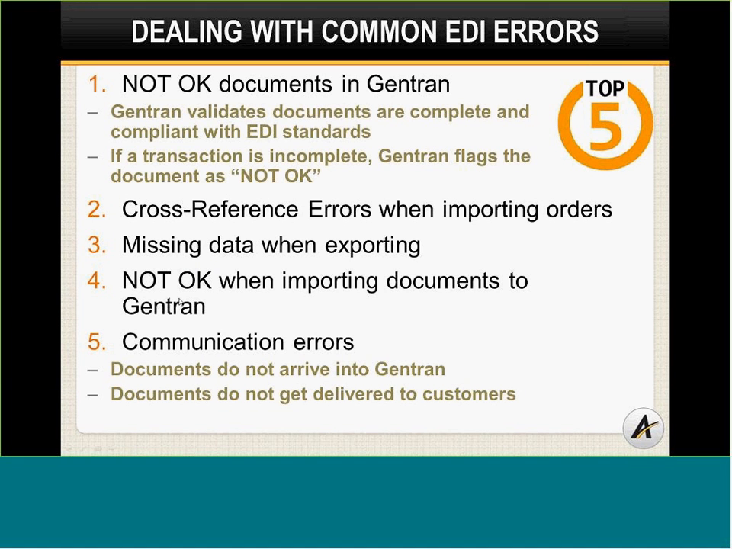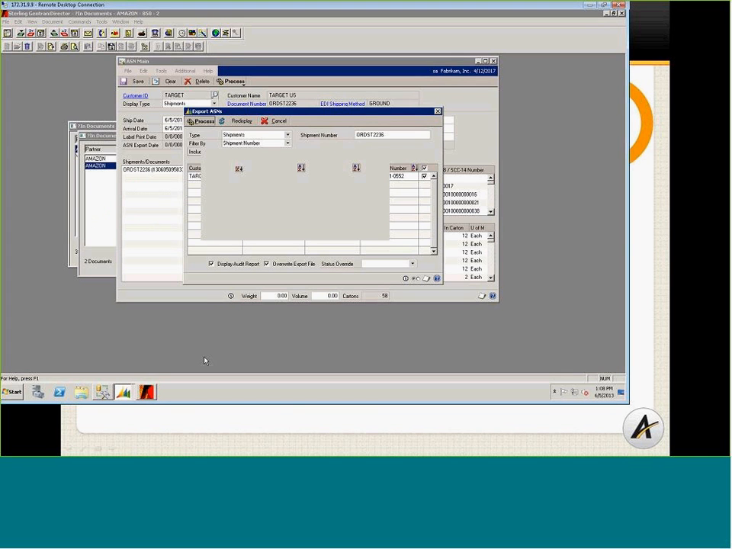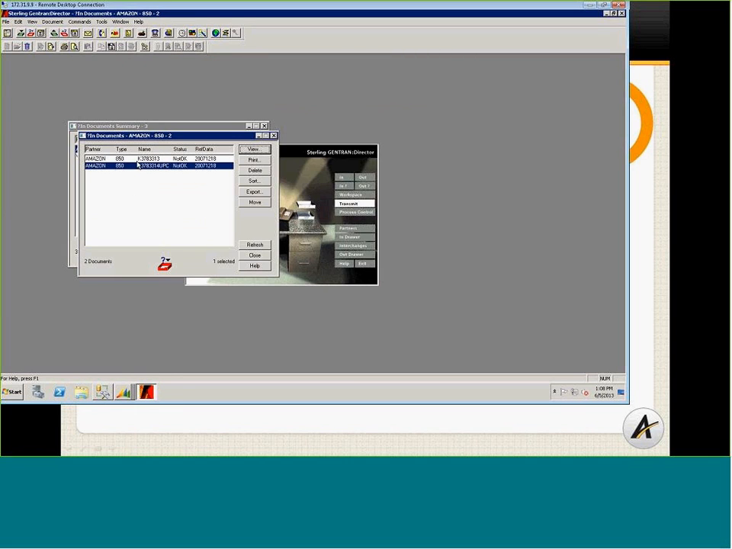So the next issue is not okay documents when you're importing them into Gentran. I've also got some seed scenarios here that I can walk through. So in my workspace within Gentran,